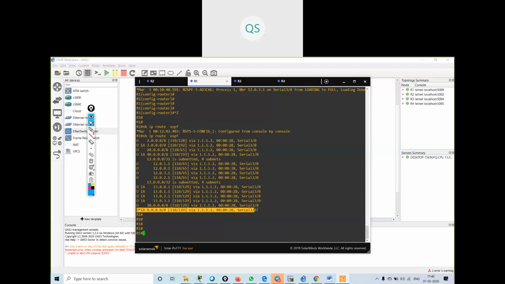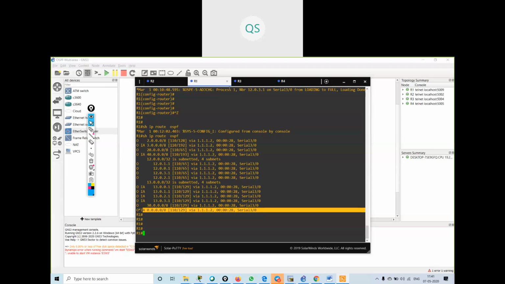It is showing O*IA. O star means OSPF default route of inter area, from another area. I'm getting one default route. My E1, E2 routes are not there in my routing table.